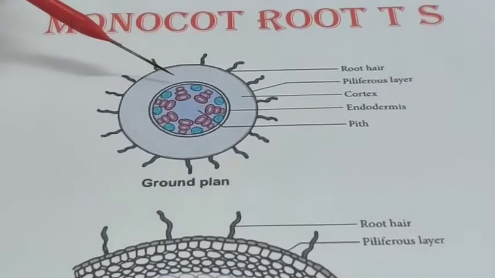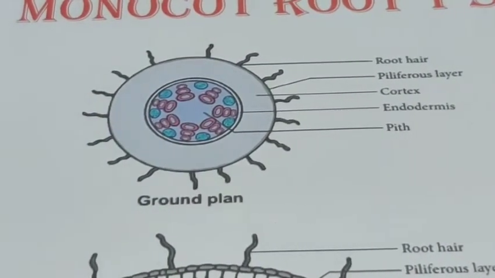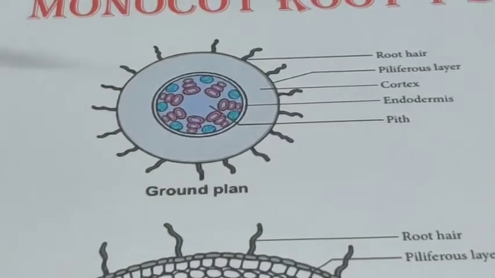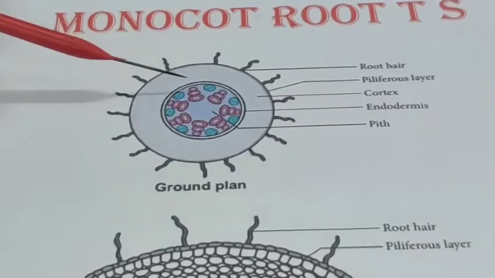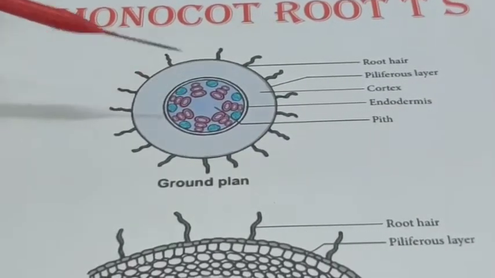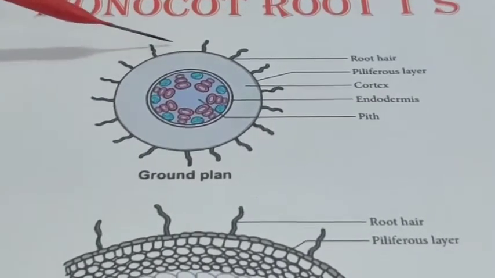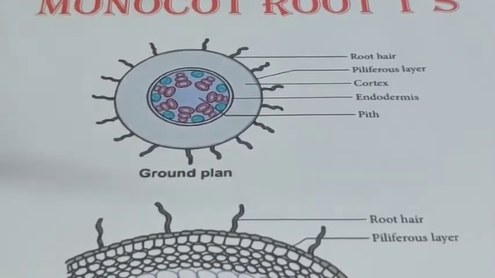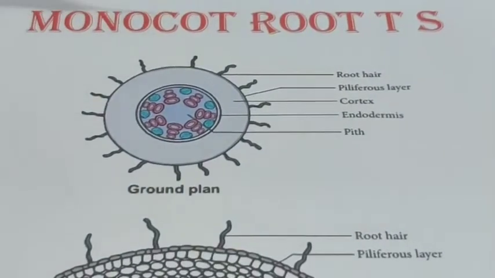In this xylem, there are 2 types of vessels. Xylem consists of vessels in angiosperms, you have seen. The first formed one will be smaller vessel, that is called protoxylem. It is seen towards the periphery. And the later formed one is called metaxylem. It is bigger vessel towards center. So when the protoxylem is towards the periphery, it is called exarch xylem. Exarch. In stem it will be endarch, protoxylem toward the center. So the xylem is exarch.